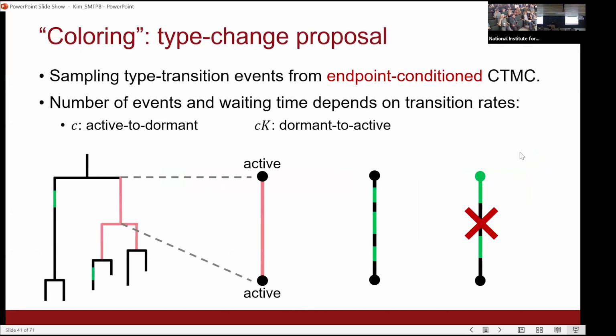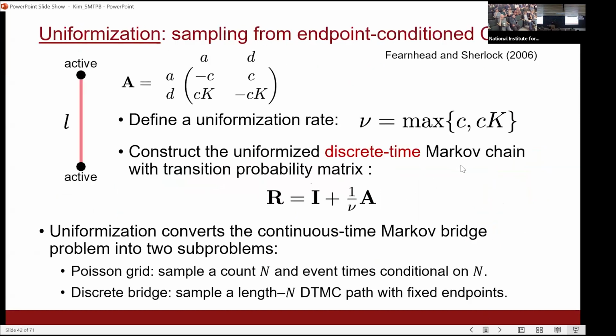We sample the path from the endpoint conditioned continuous Markov chain. For example, if our sample from the chain is like this, it's valid. But if it's like this, because both ends have to be active for the internal edges, then this is not a valid sample. So what we do is that we use